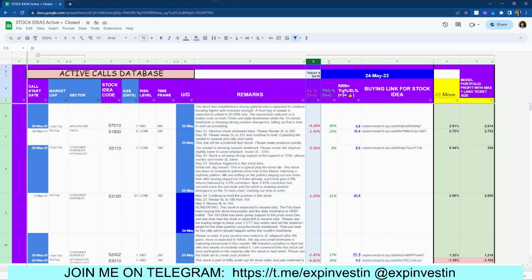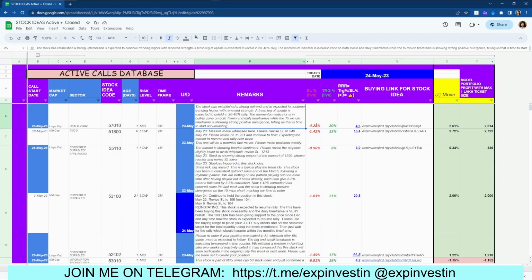The stop loss percentage and target percentage. So the stop loss percentage is nothing but the current stop loss level divided by the last traded price or the current market price of the stock. Basically, this tells you how far is the current stop loss level from the current market price. The target percentage is the same, the target price divided by the last traded price. So this tells you that this stock idea currently stands 4% away from the stop loss and 20% away from the target,